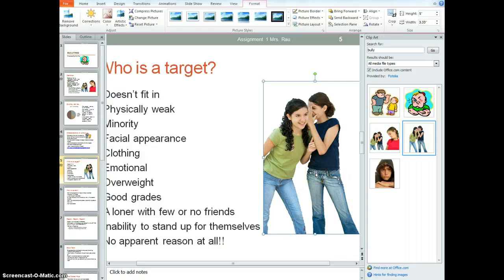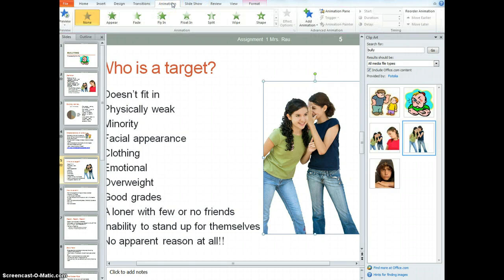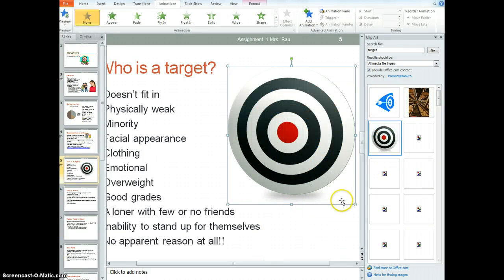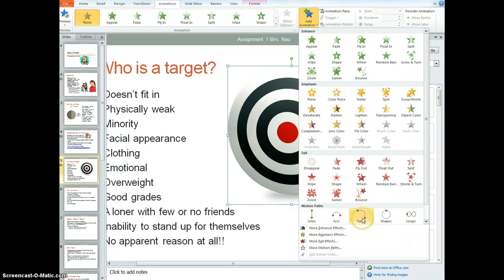Now the next thing it says is animate the target using a motion path. So if we go to our animation, we need to animate the target using a motion path. So on this one, instead of a bullying image that you haven't used before, you need to search target. That's my mistake there. Next, we're going to go to add animation, and we are going to use a motion